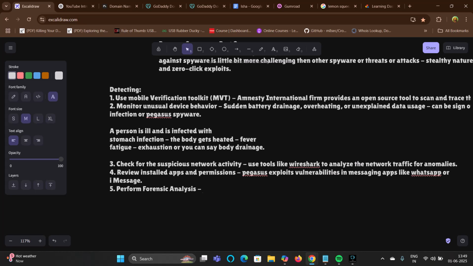There are several tools that you can use, which I don't remember right now, but yes, you can use these techniques to detect a Pegasus infection.